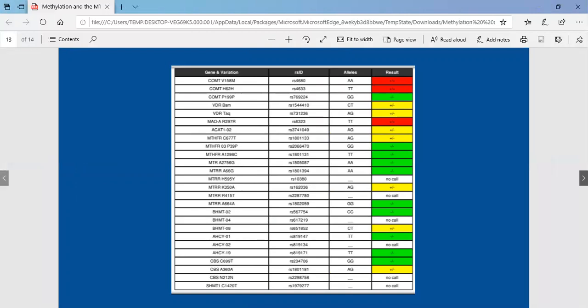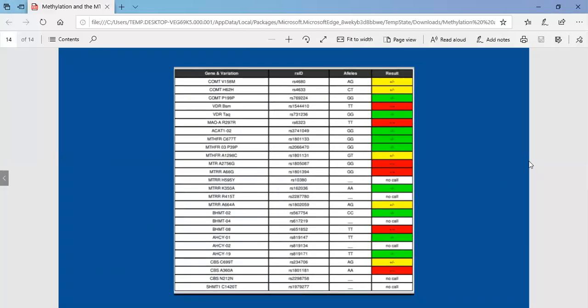This is just an example of one of the tests. When you do a 23andMe and you download your raw data to another program, this is just one of them. There are several of them out there. This is a free one. As you can see where it says MTHFR 677, this person is yellow, which means they are heterozygous. They're halfway, not 100% MTHFR. Where you see red, it's where they have 100% mutation. So in this case, it's not all the way.